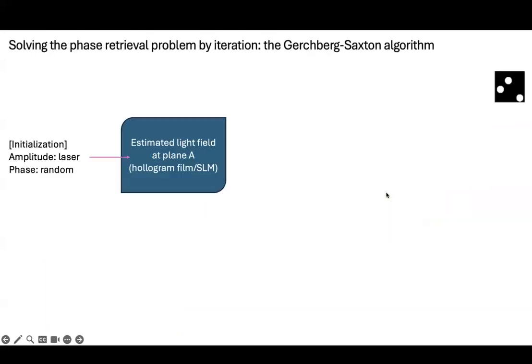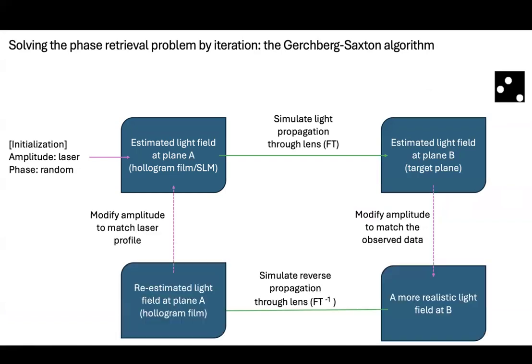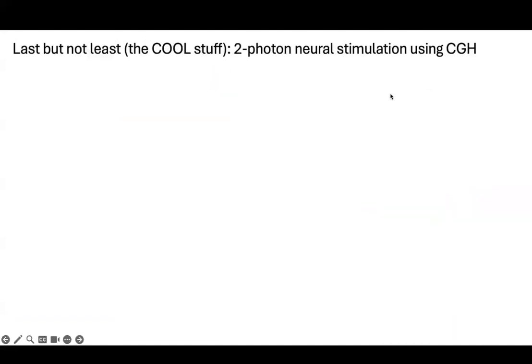So why is this important? How is this useful other than showing cool 3D pictures? The reason why I chose this topic is because I study neuroscience, and if we combine the two photon microscopy stuff we mentioned in class last week, we can use computer-generated holography to do 3D neural stimulation. And